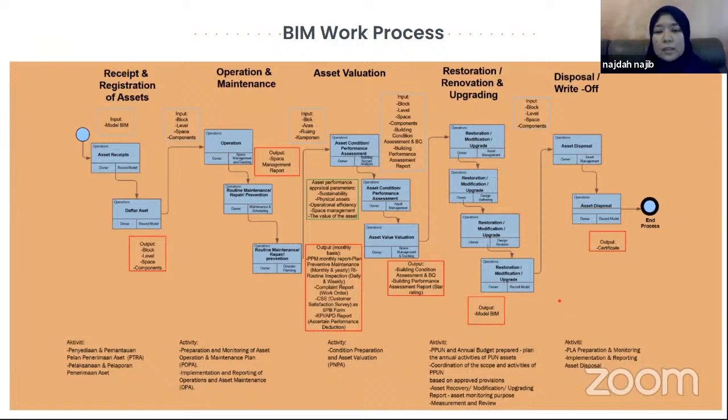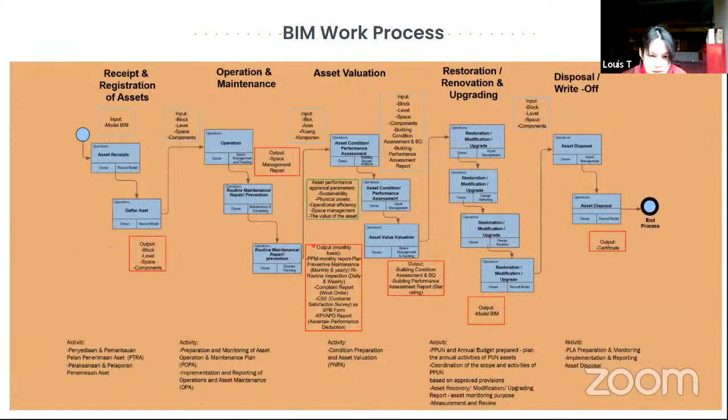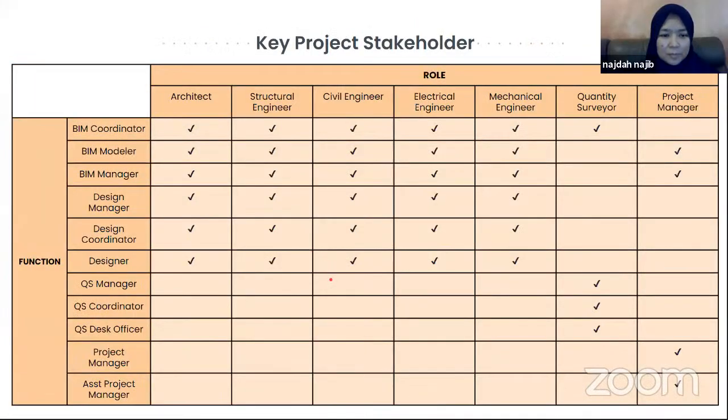Like for architects, there's the architect team, there's the designer, and then there's also a modeler for the architect. Are you guys aware? Yes. No. No. Yes. Especially for the key stakeholders, from the project information that we receive, the report did indicate